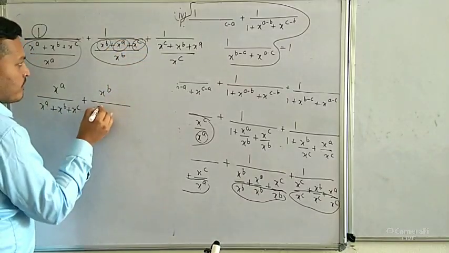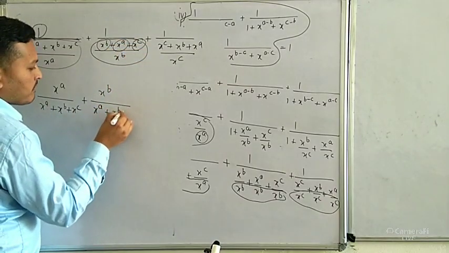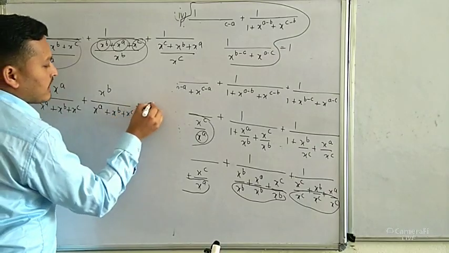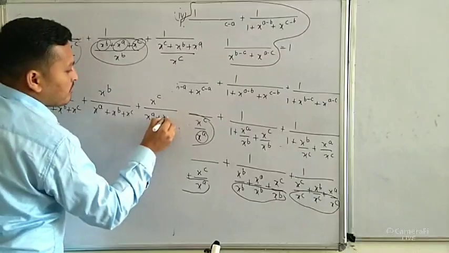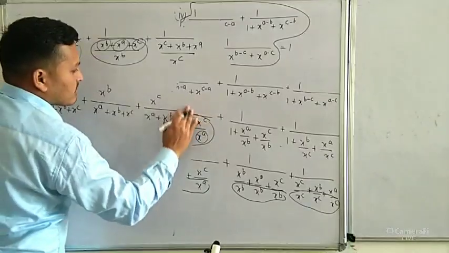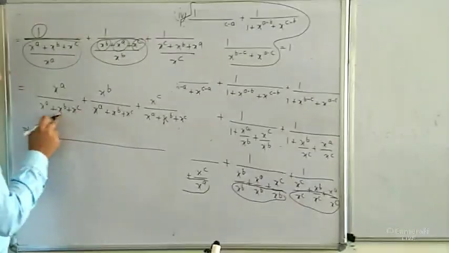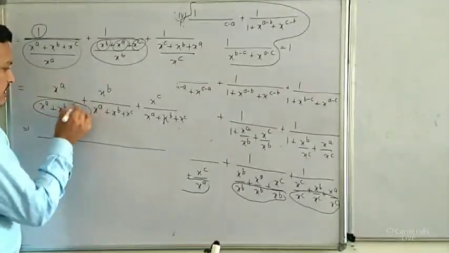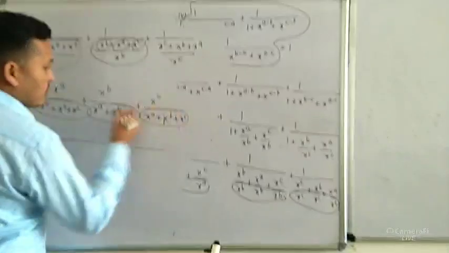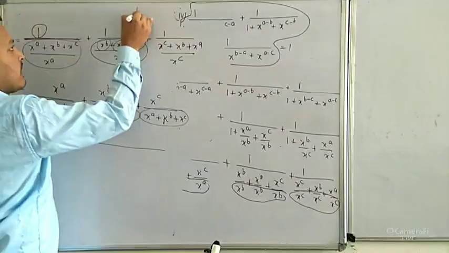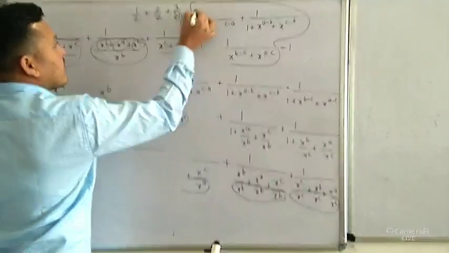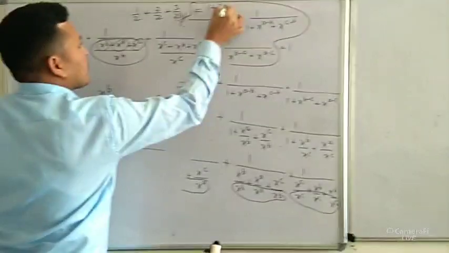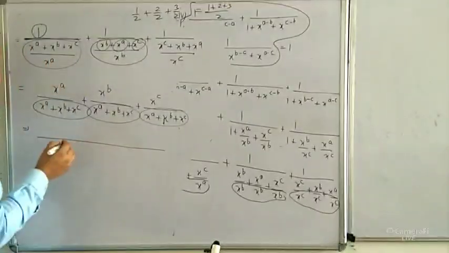मैंने arrange a b c के फॉर्म में कर दिया, तो x to the power a plus x to the power b plus x to the power c, then similarly in the case of last upon x to the power a plus x to the power b plus x to the power c, okay, so now the denominator of all three parts, first, second, third, all are the same, this is the same denominator, it is also same, means all three are same, and you know that if 1 upon 2 plus 2 upon 2 plus 3 upon 2, so what can we write, we can write 1 plus 2 plus 3 and whole upon 2,